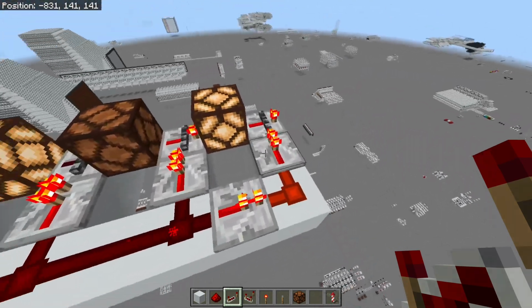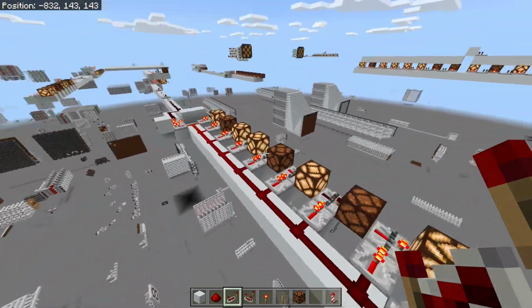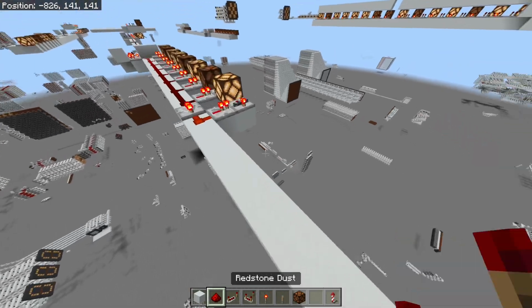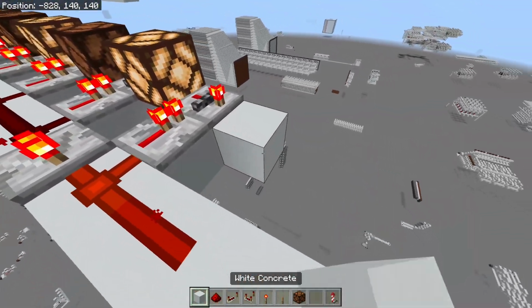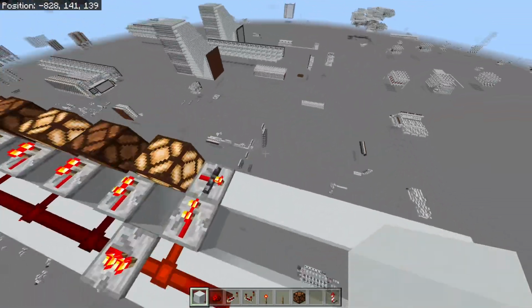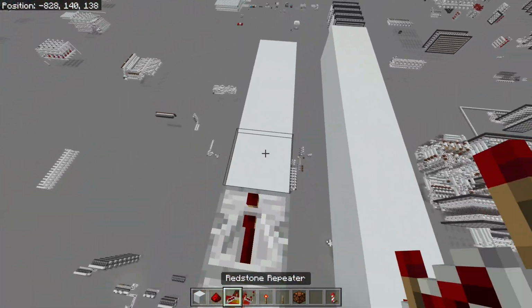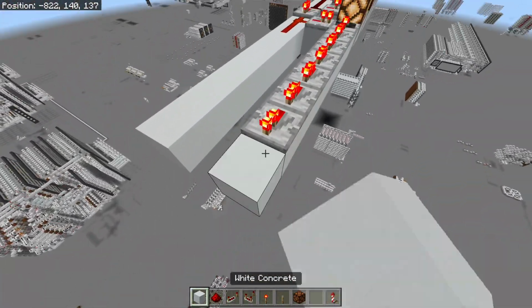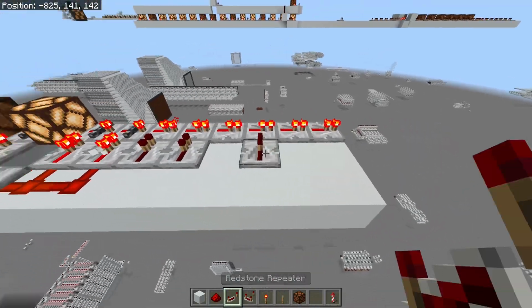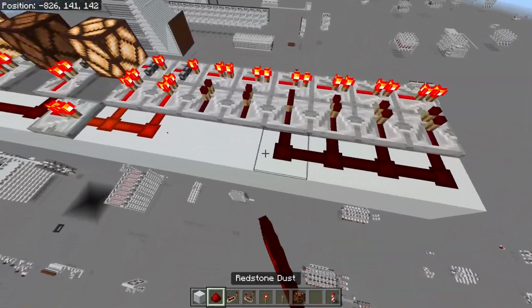They both have to activate at the same time, or we get issues with the data. So if we just place all these down, let's just do 8 of them, for instance. Say we want to transmit 16 bits, we're going to have 1, 2, 3, 4, 5, 6, 7, and 8. And now I'm just going to place these ones in, locking them, and these are all going to be set